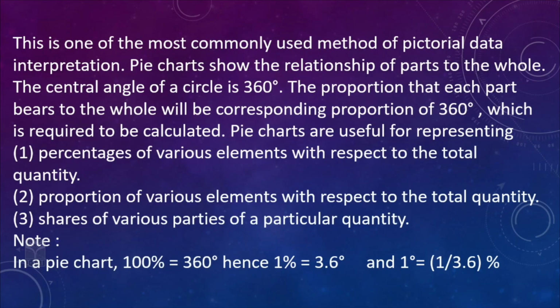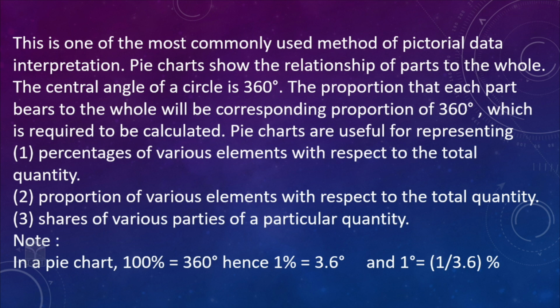So this is one of the most commonly used methods of pictorial data interpretation. Pie charts show the relationship of parts to the whole. The central angle of a circle, as you know, is 360 degrees. The proportion that each part bears to the whole will be the corresponding proportion of 360 degrees, which is required to be calculated. Pie charts are useful for representing